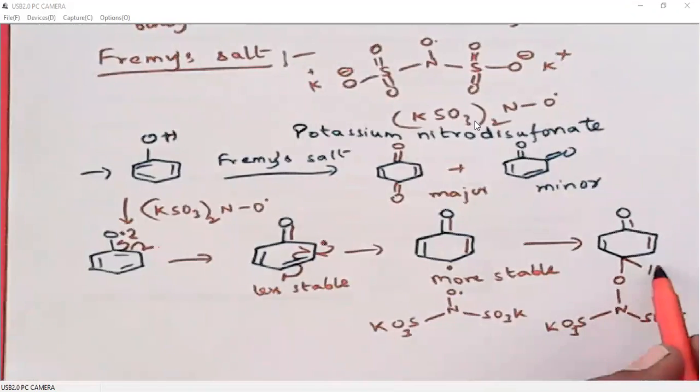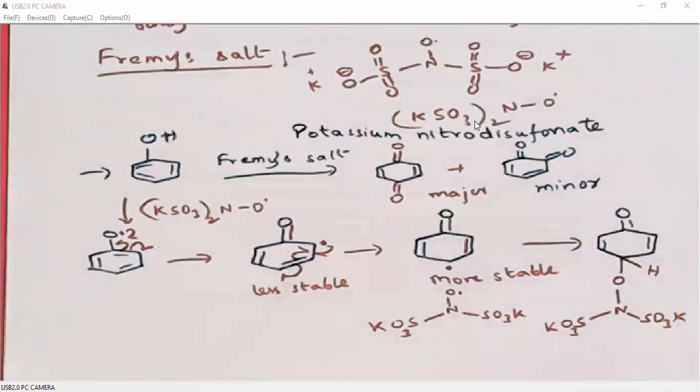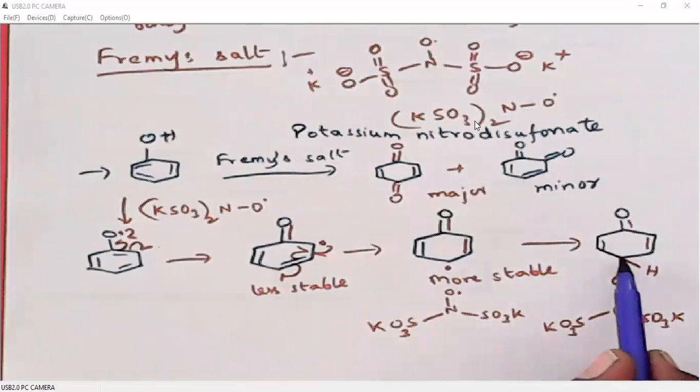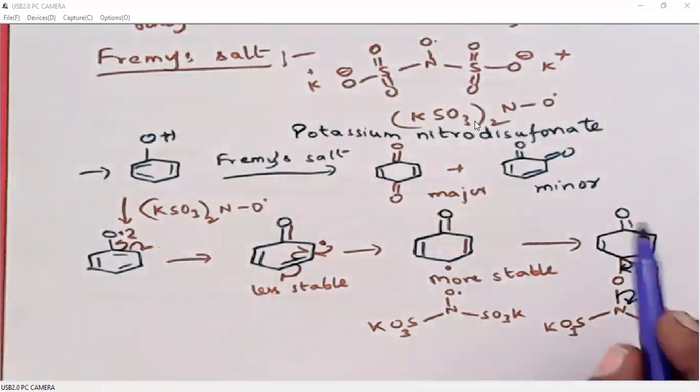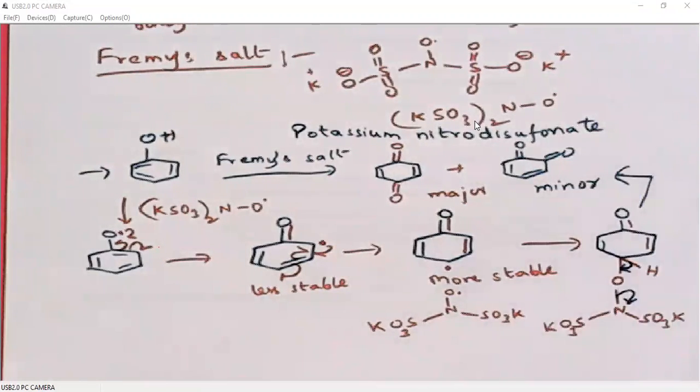Like in the case of DMSO oxidation, the proton will be leaving. The bonding electrons between carbon and hydrogen are now polarized towards the carbon-oxygen bond, so that it generates a carbon-oxygen double bond. The nitrogen-oxygen bonding electrons are polarized towards nitrogen, so nitrogen gets a minus charge. A proton will be leaving, and this N minus will pick up this proton.